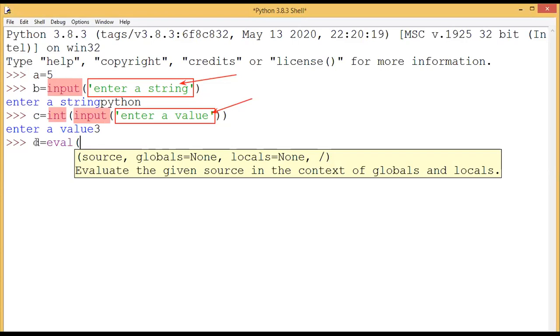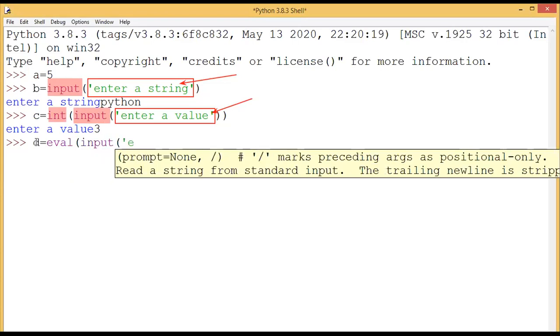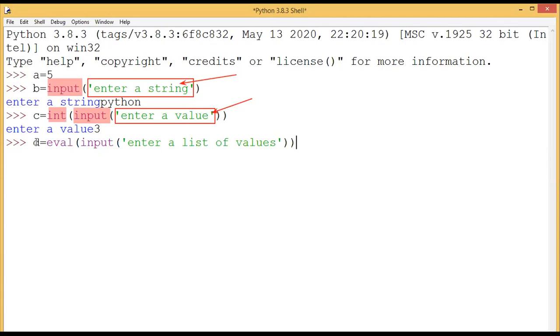Students understood? Enter a list of values. Now you can give any values.